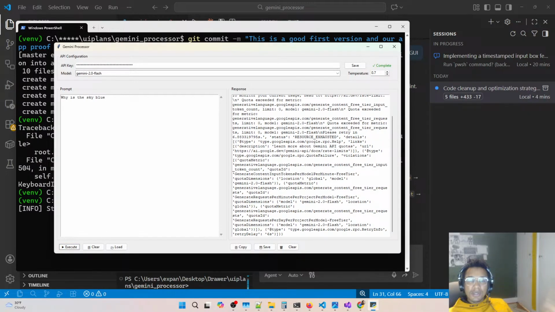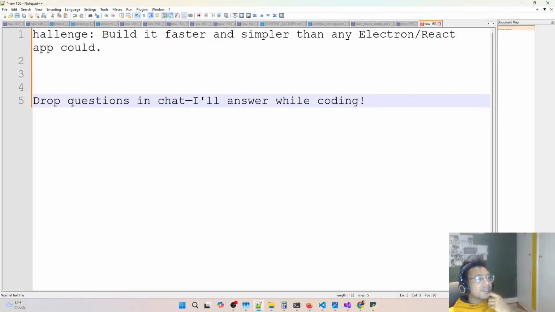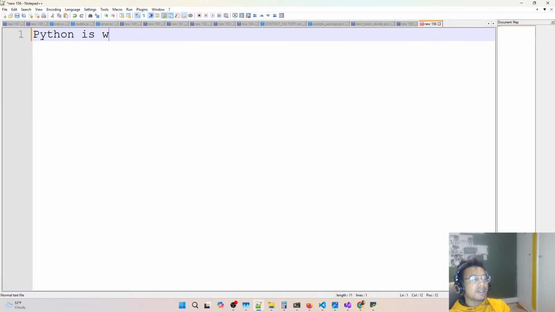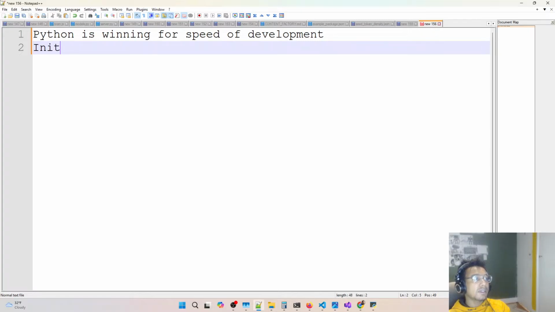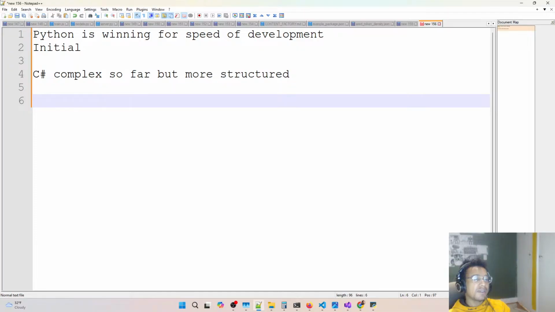Okay, so as you can see so far, if we have our ranking, I think Python is winning so far for speed of development. Initial C# is quite complex so far, but more structured. Seems like there's this kind of